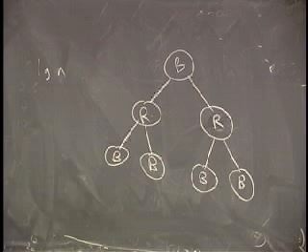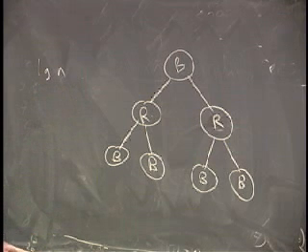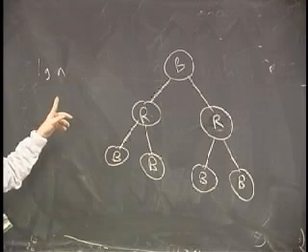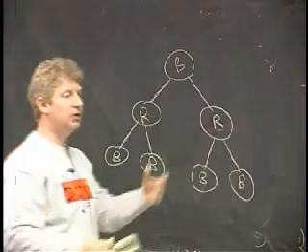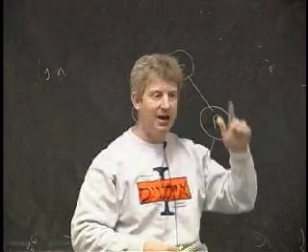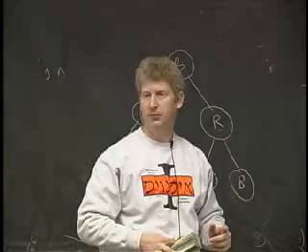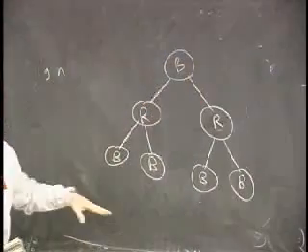If I have a red-black tree, doesn't matter how it's constructed, as long as it abides by these properties, then the height of the red-black tree is at most twice this. It's at most 2 log n, which means it's order log n, which means all the operations that depend on the height of the tree stay log n and never get linear. But it's not at all balanced as perfectly as possible. It can be twice as much off